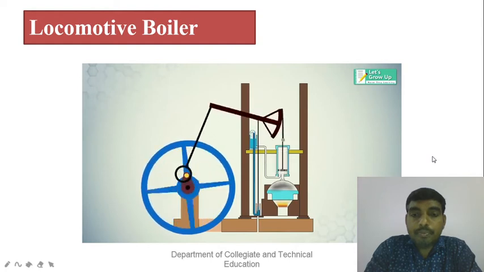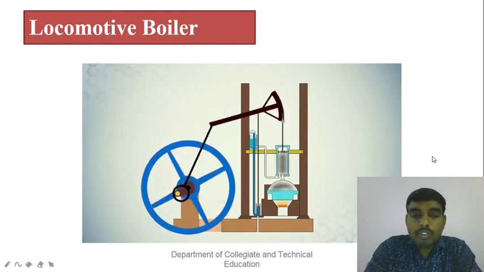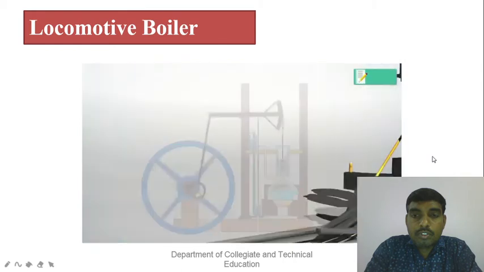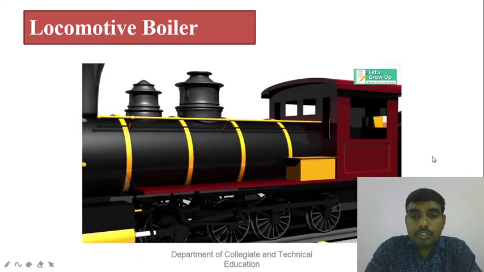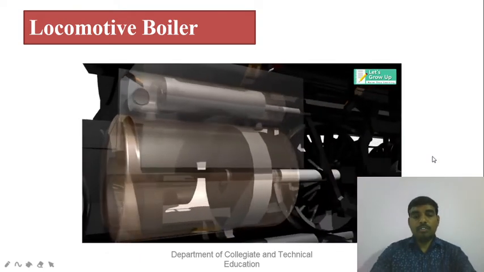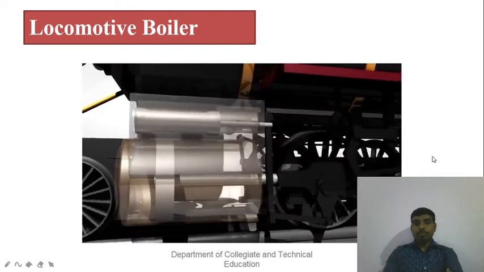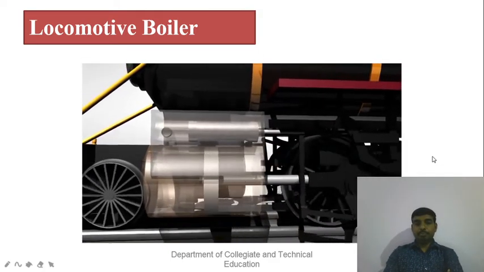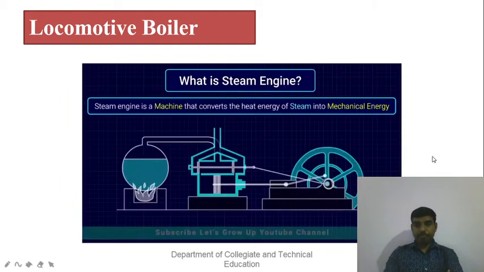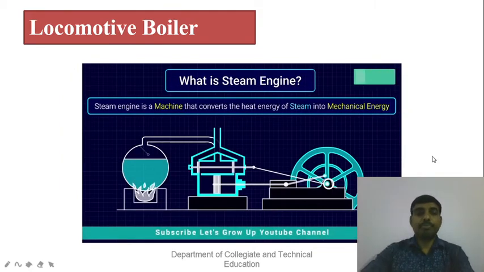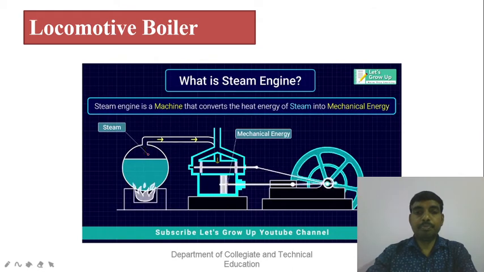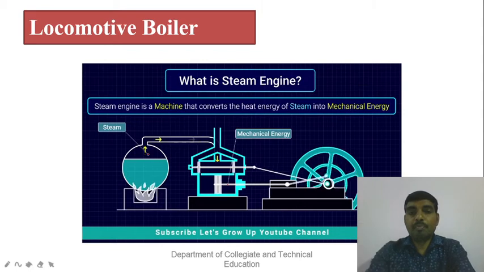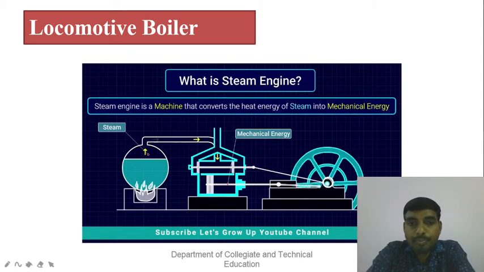The invention of the steam engine changed and added to the technology of the time. Steam-powered locomotives are one of the most remarkable examples. Today, we learn the working function of the steam locomotive engine. But before going into the main topic, we will know what a steam engine is. A steam engine is a machine that converts the heat energy of steam into mechanical energy. A steam engine passes its steam into a cylinder, where steam pushes a piston back and forth. It is with this piston movement that the engine can do mechanical work.